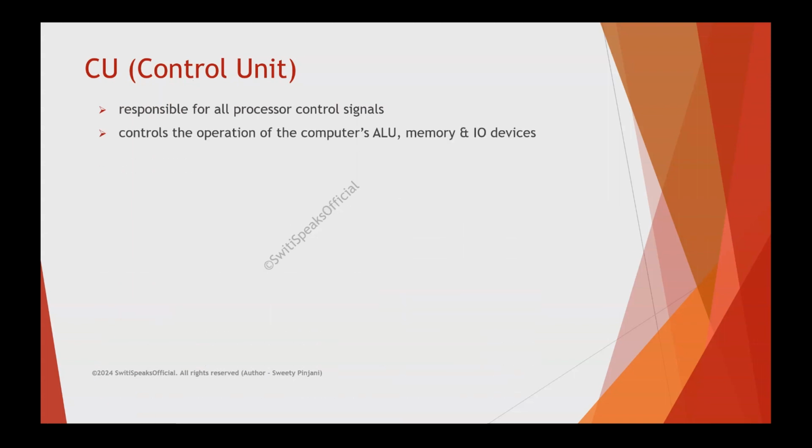Let's see control unit, which is part of CPU. What does control unit do? As the name suggests, it is responsible for controlling. What does it control? It is responsible for all of the control signals inside the processor. It controls the operation of computers, ALU, which is arithmetic logical unit, memory unit, and input output devices. It controls the operation of all these